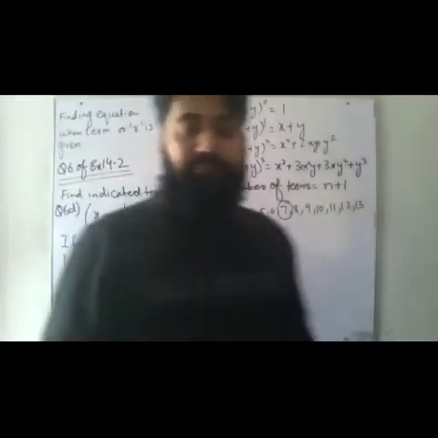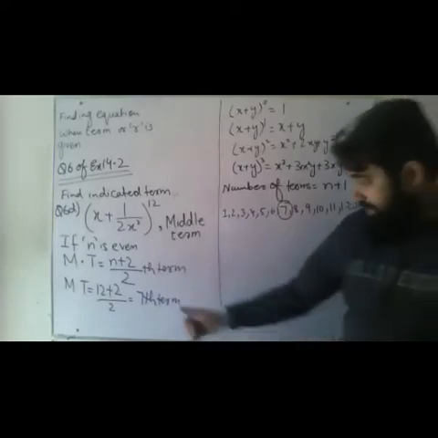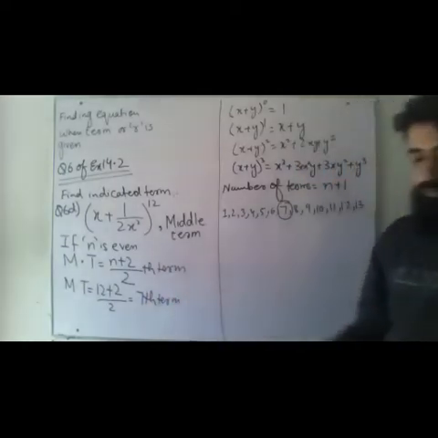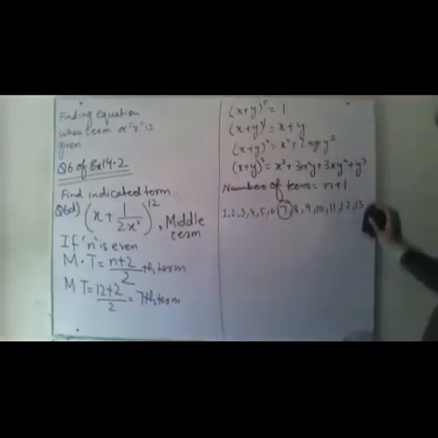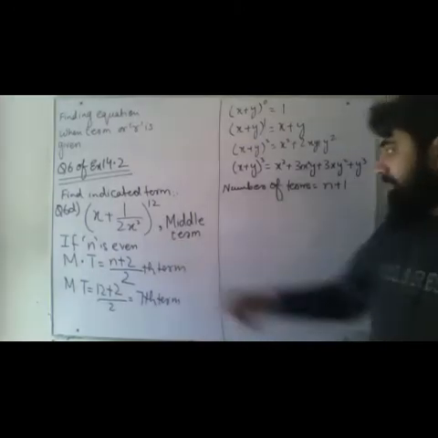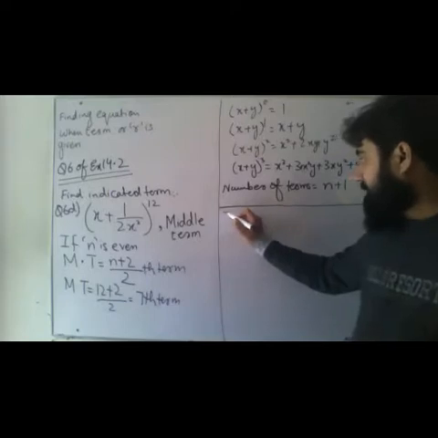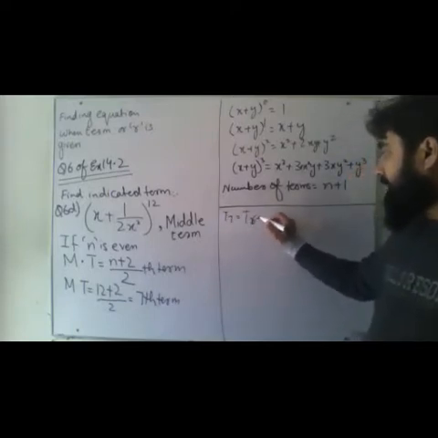Over here, they haven't given me a direct value of, okay, this is the term number, find it out. No, they have hidden it over here. Okay, so now I've found out what my seventh term is. My seventh term will be my middle term in this scenario. So T7 means T6 plus 1.